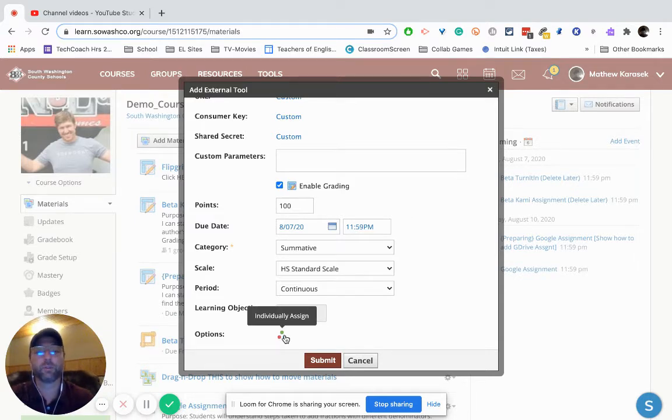You can individually assign just like any other material. So if you want a certain group of students to complete this essay, you can give it to, for example, I teach EL. So you might have a different Turnitin assignment for your EL students or special ed students versus your mainstream students. So you can individually assign to each student or to a group. And again, you would make a group within that members section within Schoology, which is a different video. So then you click submit,